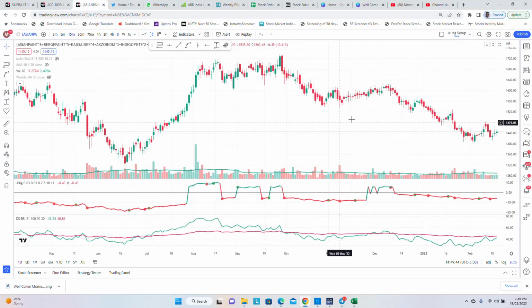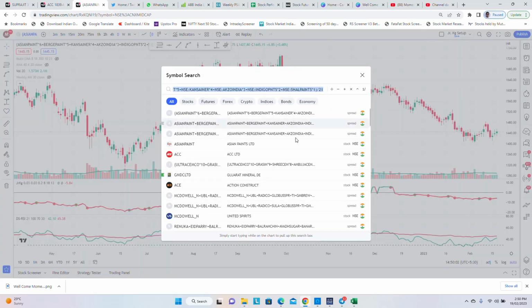I think giving a rating gives a more precise output in terms of the index. So that's one of the methods you can use. This is how you create an index, and then what you can do is go here, click on that,